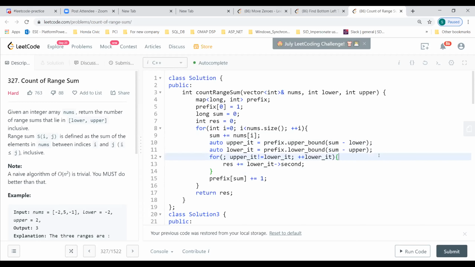In line 13, what is that, a linked list or what? I mean, the arrow, what does that denote? The lower bound arrow? This line? Yeah, the arrow between the lower iterator and second. Oh, this is actually pointing to the second value. So it is pointing to this integer of that prefix value.